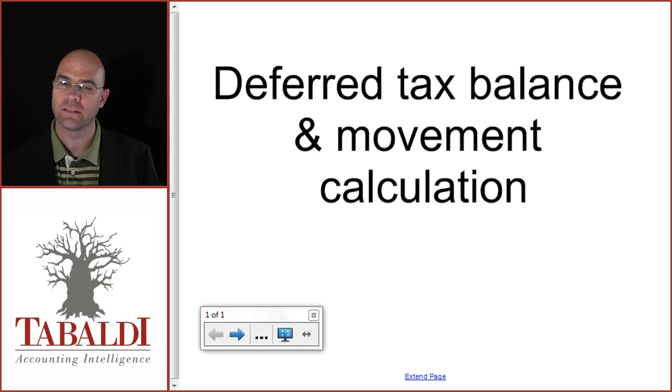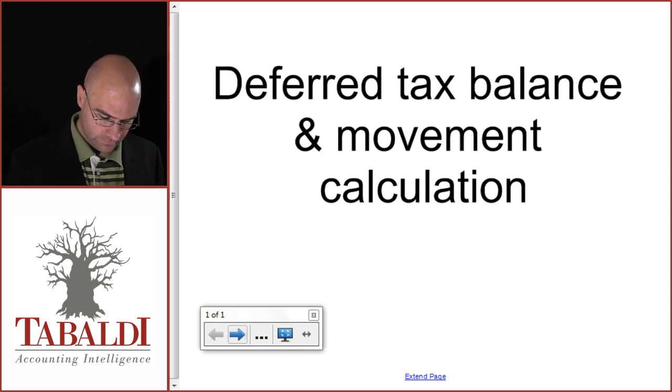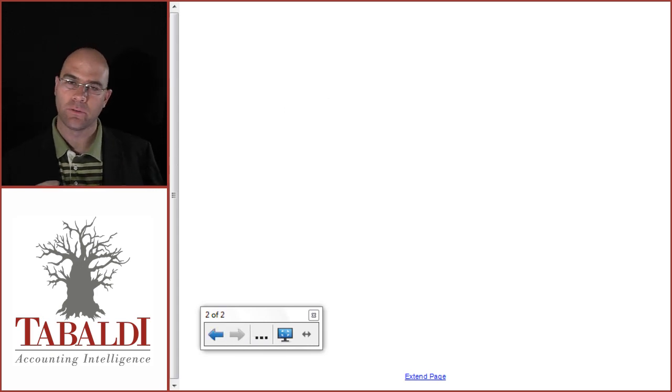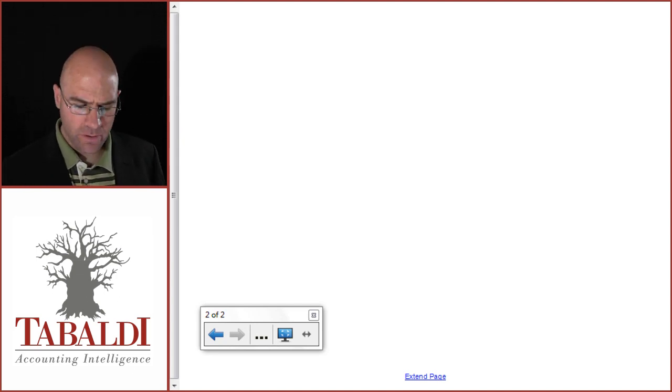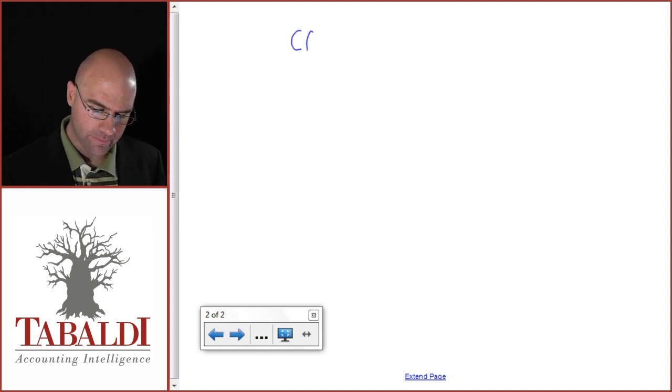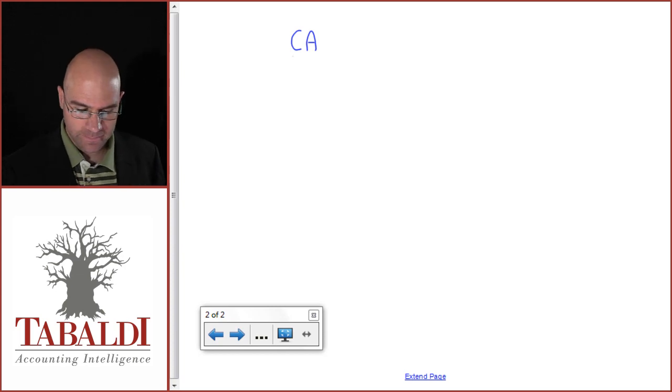Yes, we can calculate a part of that movement from the current tax computation, but rather use that as a proof unless the question really doesn't have sufficient information for you. So today's lecture is going to be purely on how we lay out the format and what the principles are here. So for the deferred tax balance calculation, you're going to have the following headings: the carrying amount,